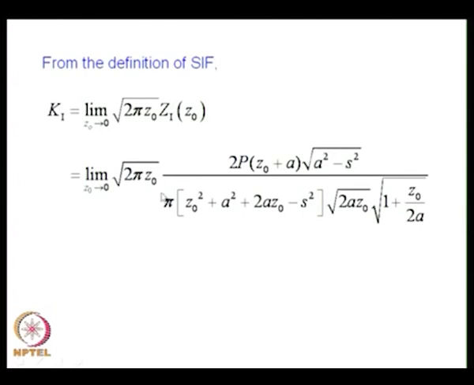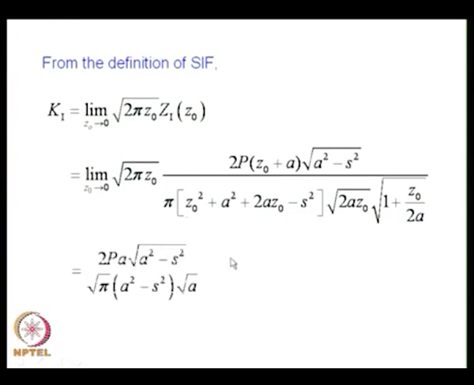So, when I rewrite this expression, this is also further simplified. So, I have 2 z naught and root of 2 z naught, these two get cancelled, and when I put z naught equal to 0, you will be able to get a final expression for the stress intensity factor K1,